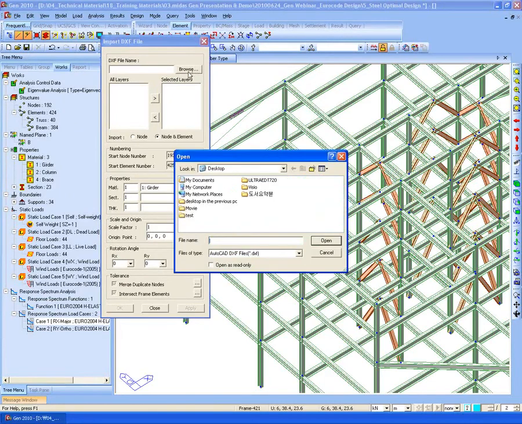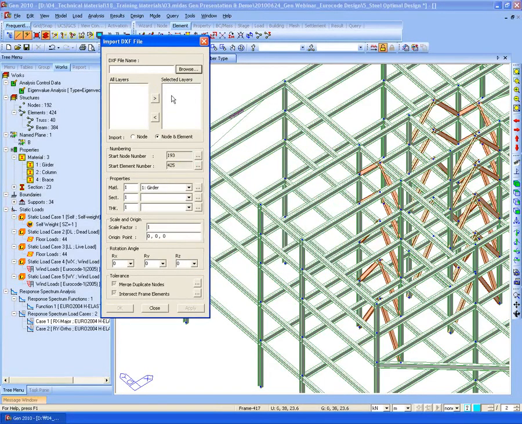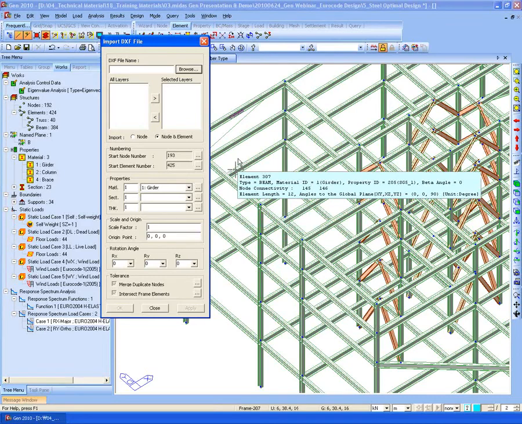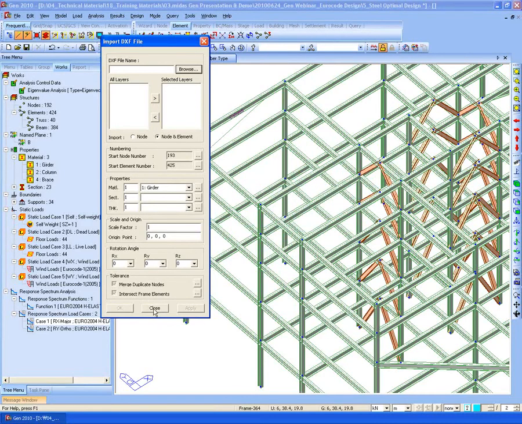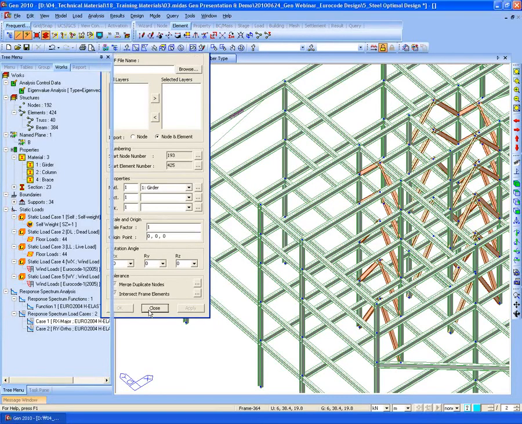So by browsing the DXF file, we can select your own DXF file, then select your desired layers. Then they will be entered as beam elements. Also, closed planes will be entered as plate elements as well. So we can import DXF files.